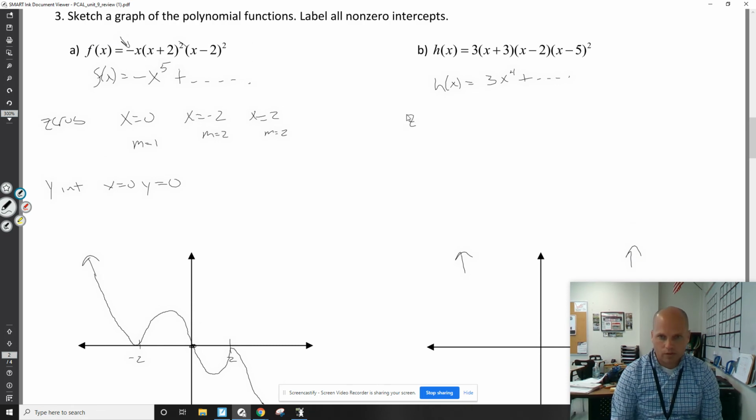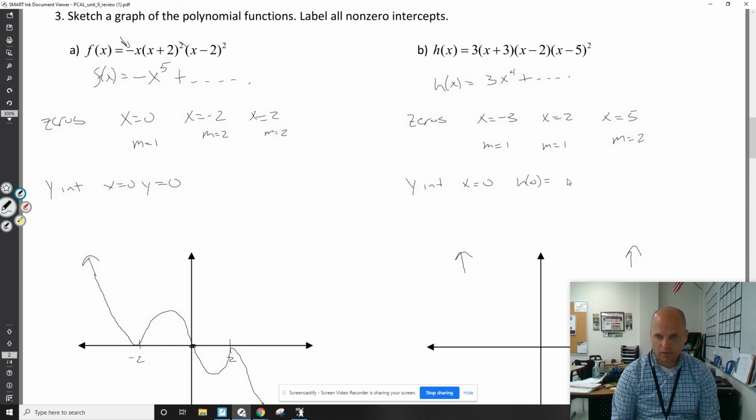Easy to find the zeros. The zeros are going to be at x equals -3, x equals 2, and x equals 5. Multiplicities of these are 1, 1, and 2, which are telling me pass through, bounce. Y-intercept, when x is 0, is not going to be 0 anymore. It would be